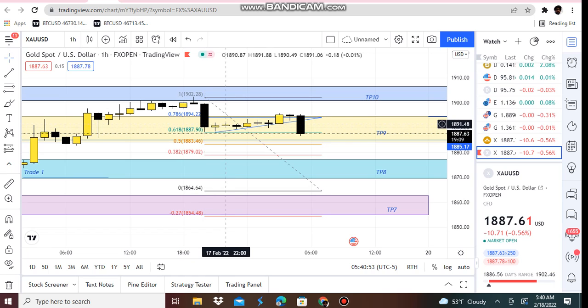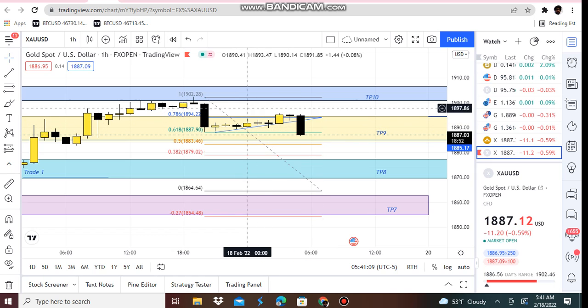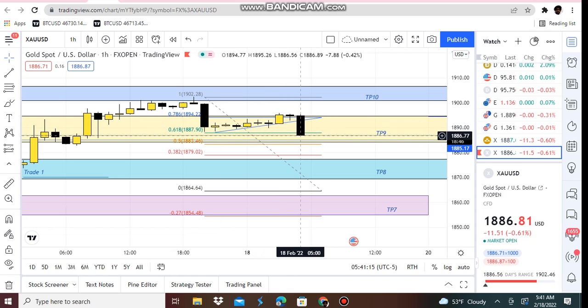So it took 9, like 10 hours for price to break this trend line, and we knew price was retracing back to 0.786 Fibonacci, as once price makes a lower low, it'll make a lower high and retrace back to 0.786 before making a lower low back down. And it broke this trend line, and going past